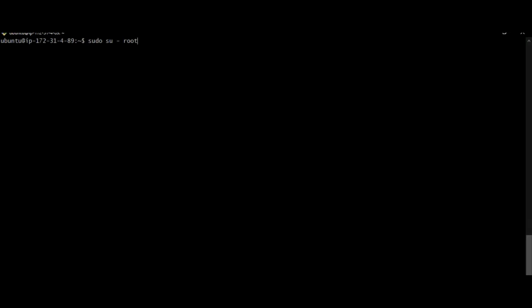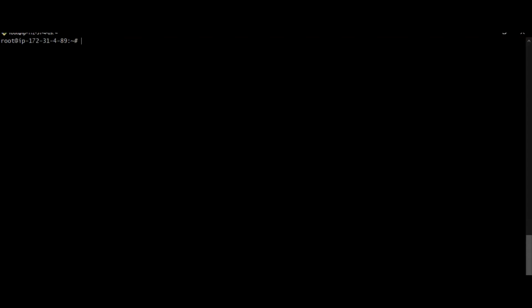Root is the user. By using this sudo command, we can shift easily from one user to another user without a password, because we are accessing with administrative permission. It is sudo.